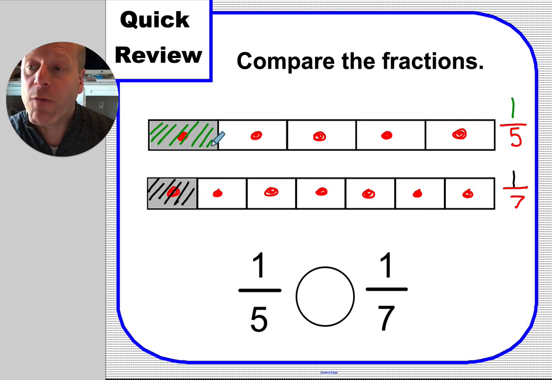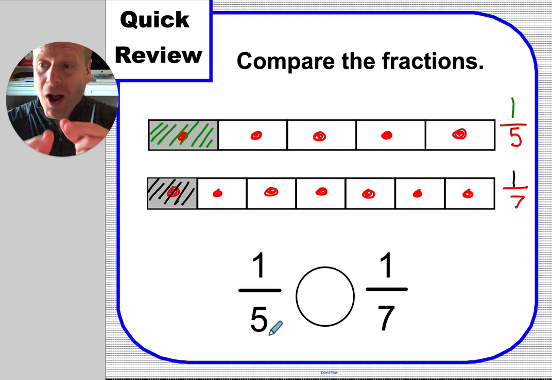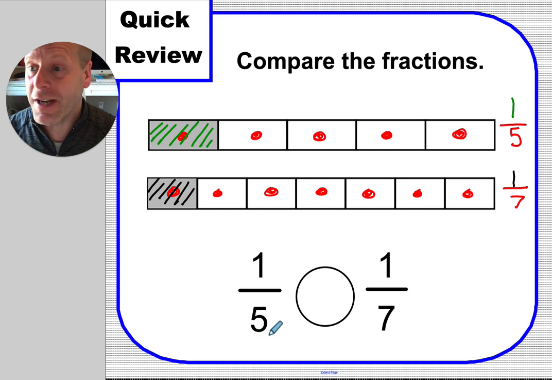Because when you have 1/5, you don't have as many breaks. A little number on the bottom is a good thing because it means you didn't cut it up very much. If you had a pizza and your dad cut it 15 times, all the pieces are going to be little. But if he only cut it like 3 times, everybody's going to get a major piece of pizza. So you want a little denominator